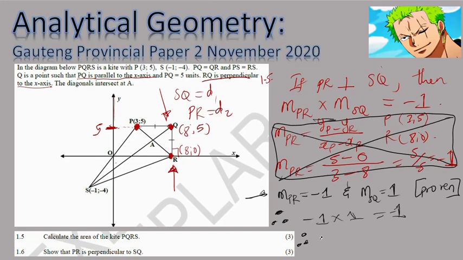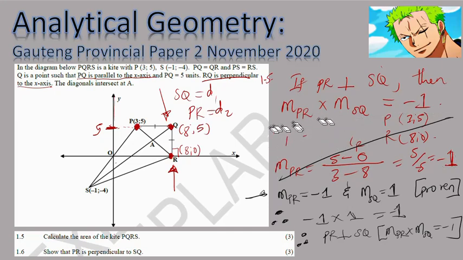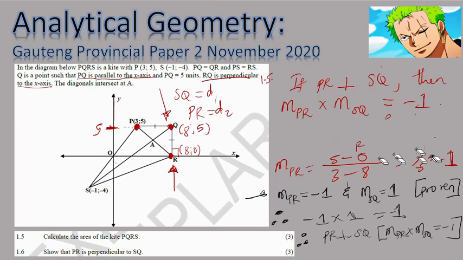Conclusion: PR is perpendicular to SQ. Our reason is that the gradient of PR multiplied by the gradient of SQ was equal to -1. This way. Right. So our answer is here. Our answer is this way. Our answer is that